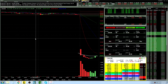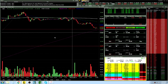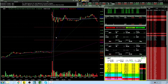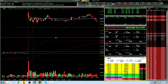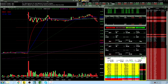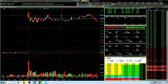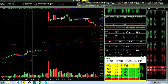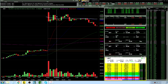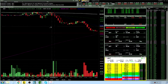But anyway, going over the ABT trade. Also went over this with my mentor, and the mistake that I made on this was I was trading it on the ones. I was trading everything based on the ones, the VWAP, the two moving averages here, thinking that it was going to bounce and go higher. But my problem was that my stop loss was waiting for a 5-minute bar to close. So what should have happened here